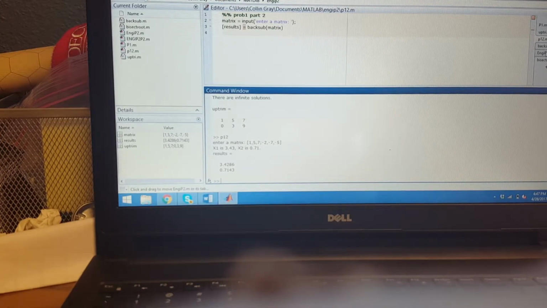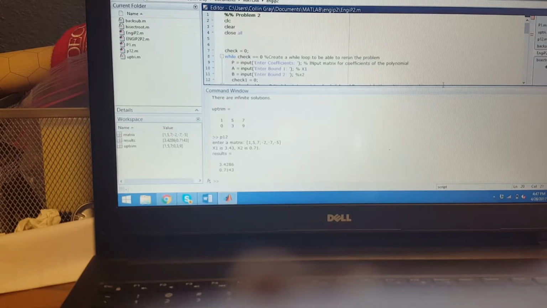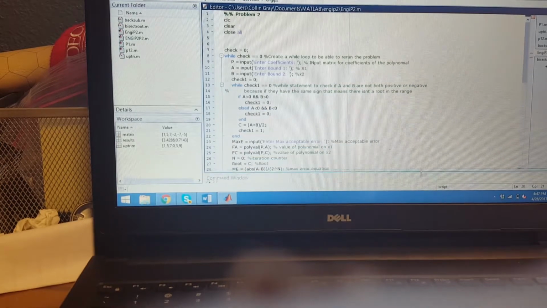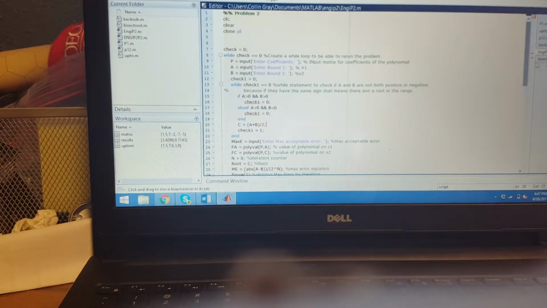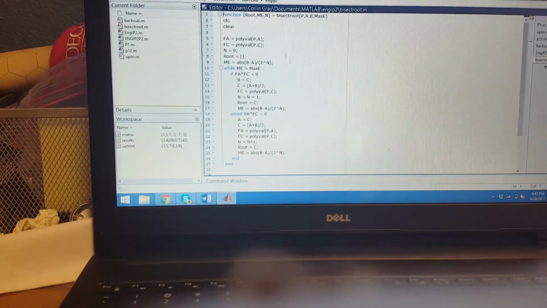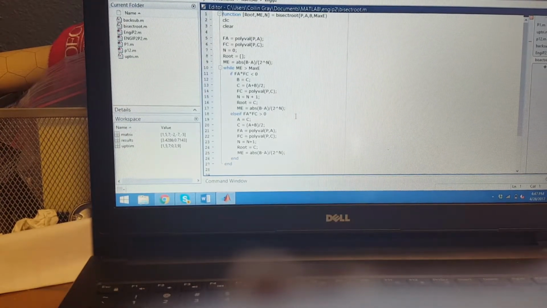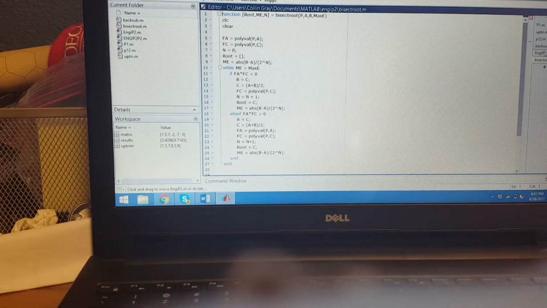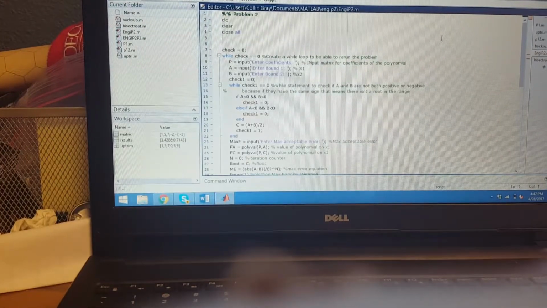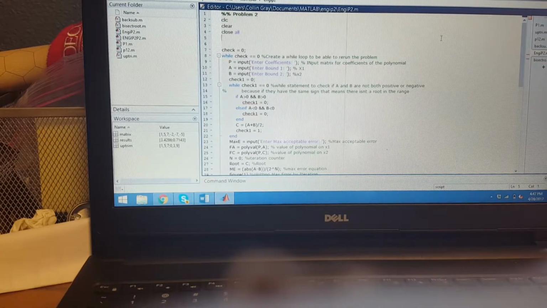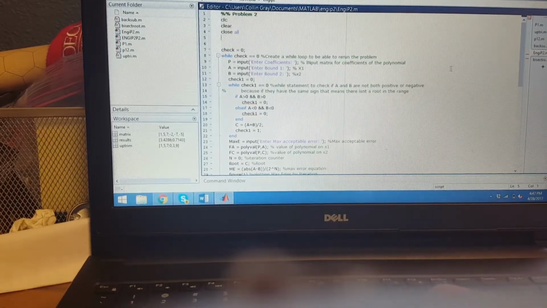Now, we're going to go on to part 2. I'm sorry as I did part 2, but I got very lost as I was trying to create it, and I wasn't quite sure how to create the bisect function, but this was my best attempt. What I was supposed to do was create